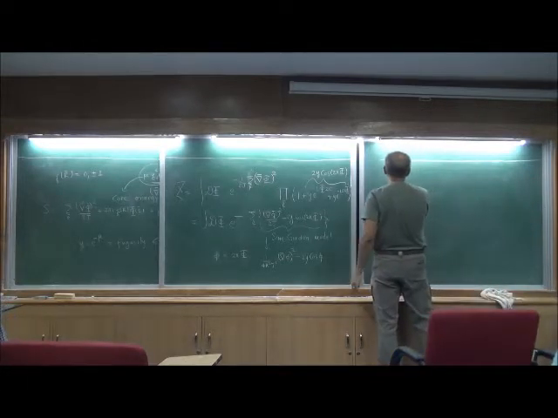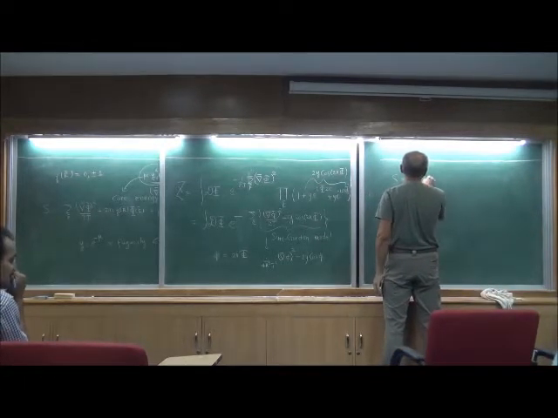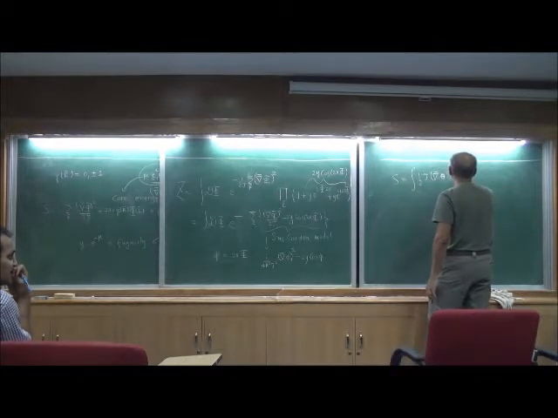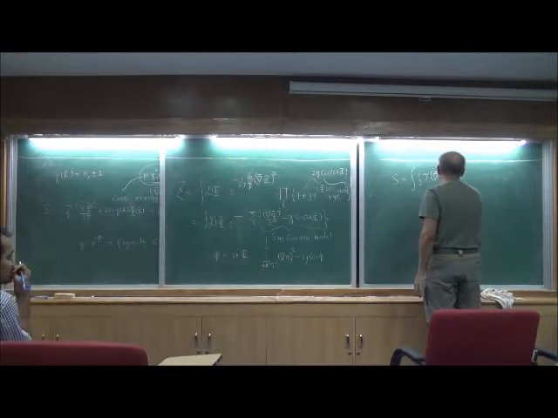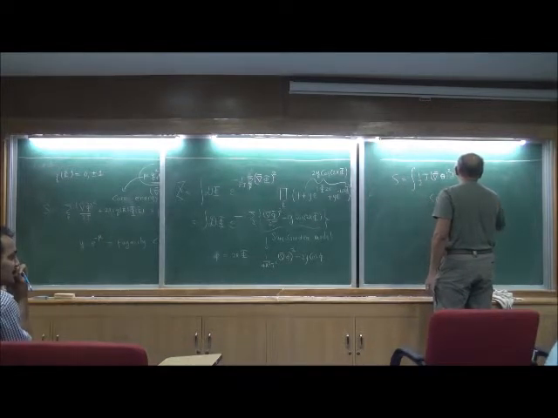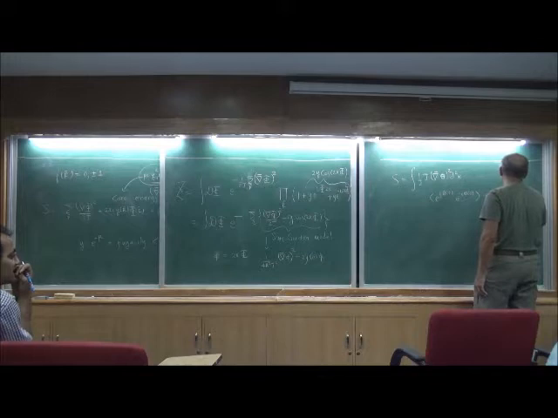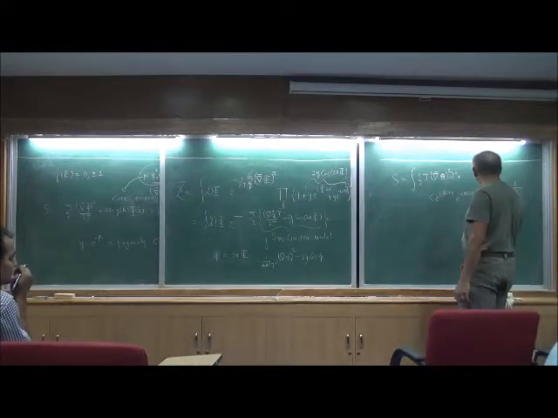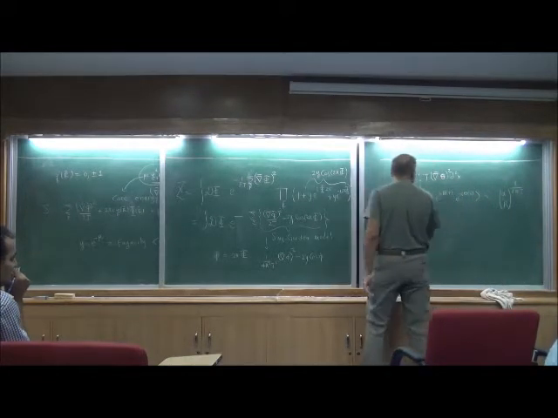We said if the action looks like 1/2 j grad theta squared, then e to the i theta of r, e to the minus i theta of 0 would go like a over r to the power of 1 over 2 pi j. Remember that? This calculation we did last time. Now, that tells me the dimension of this